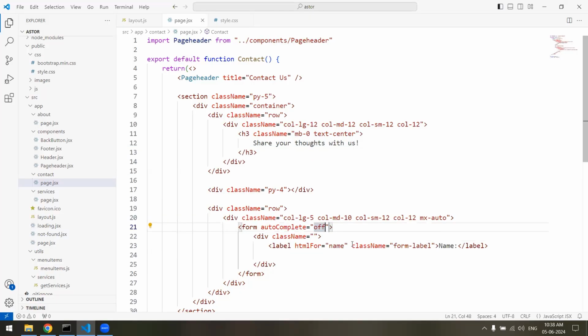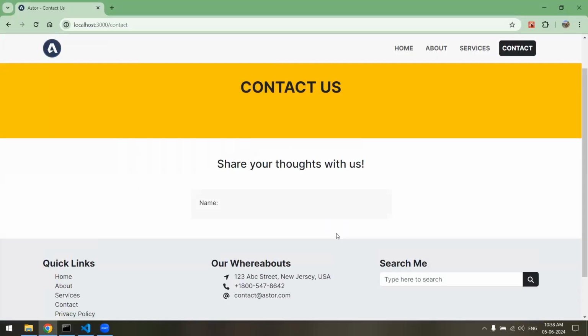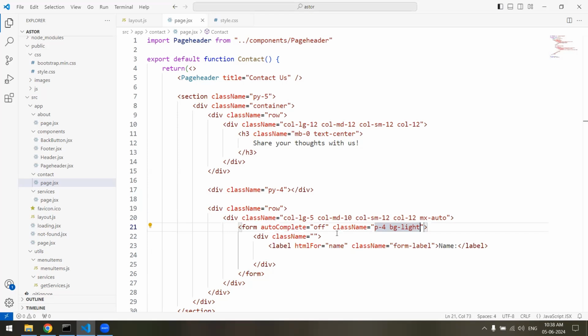And let's make some styling on the form. So className p-4 and bg-light, and let's put a border,